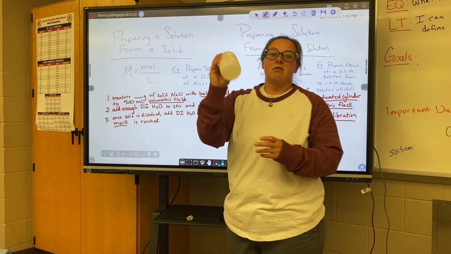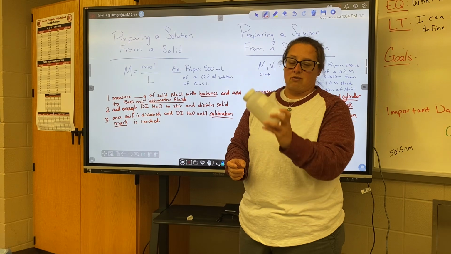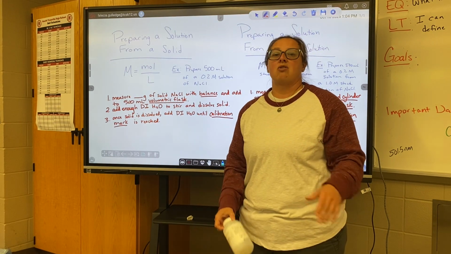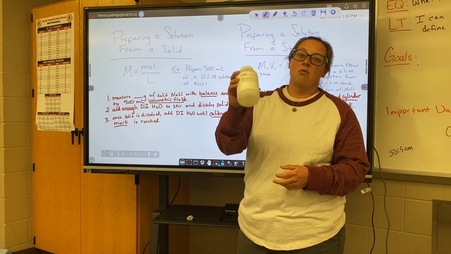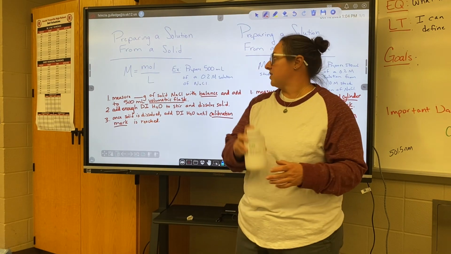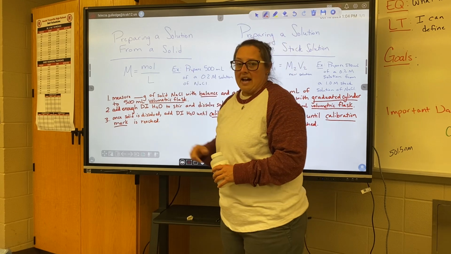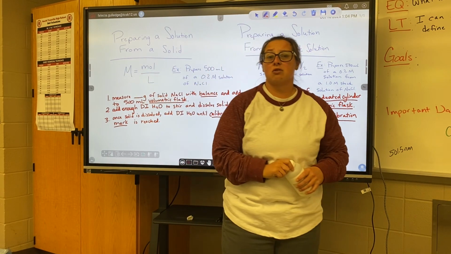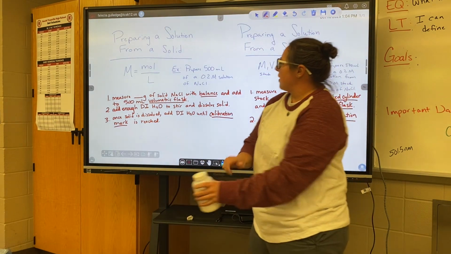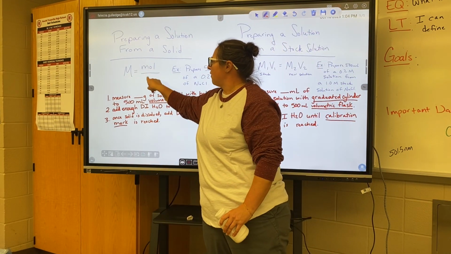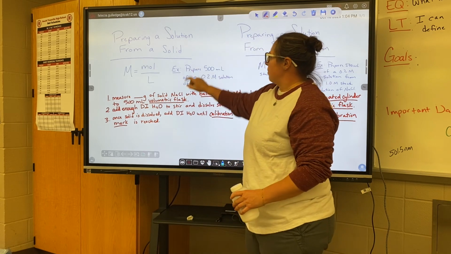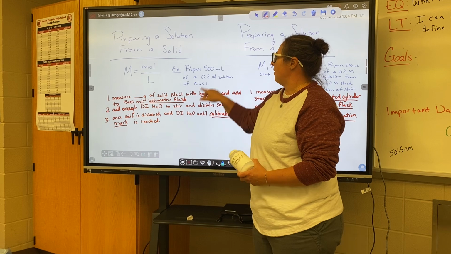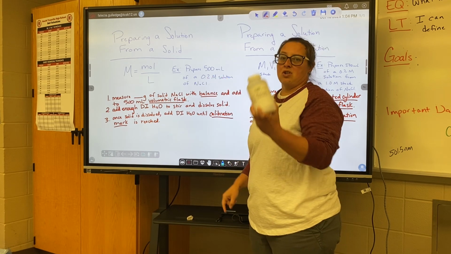So if you go into a cabinet in your chemistry classroom and you see that there's a solid there and you need to make a concentration or a molarity of something, there is a way that I can make that concentration from this solid. The way that we do that is by using the molarity equation that we learned in stoichiometry. So our molarity equation is moles over liters. So an example is, what if I wanted to prepare a 500 milliliter sample of 0.2 molar solution from this